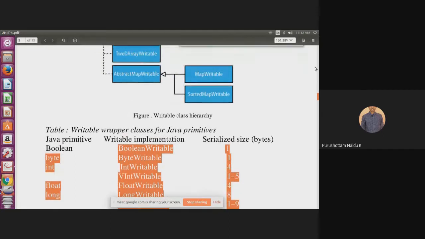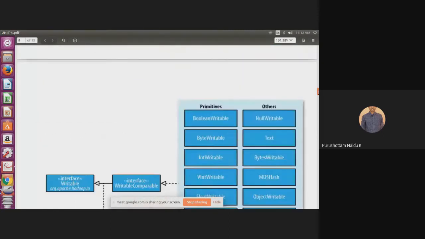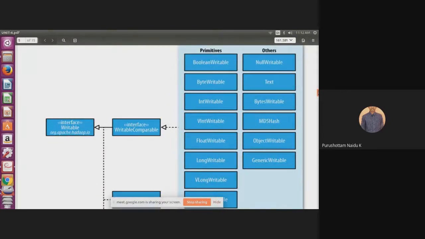In brief, whatever primitive types we have in Java, the similar data types are used in MapReduce with Writable: BooleanWritable, ByteWritable, IntWritable, FloatWritable, LongWritable for long data, DoubleWritable.